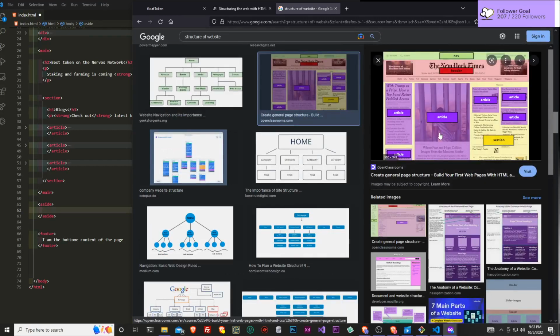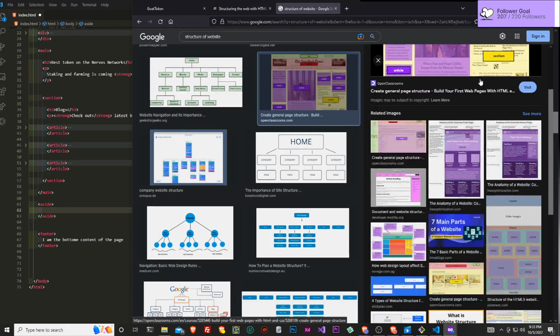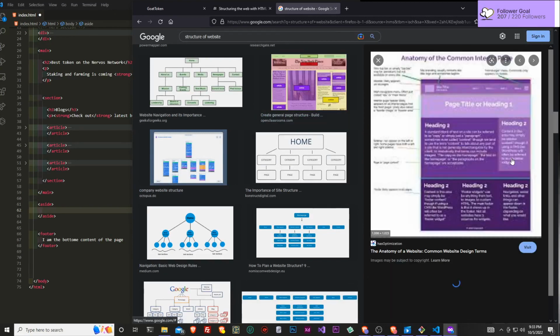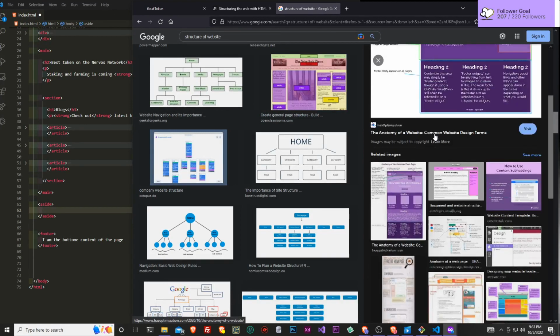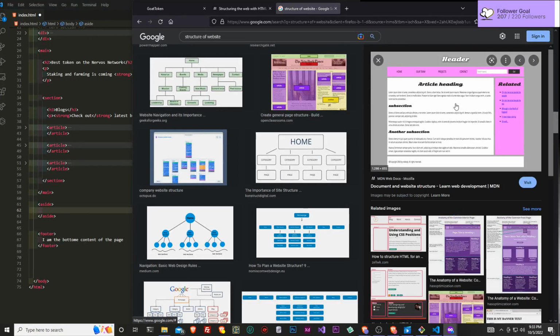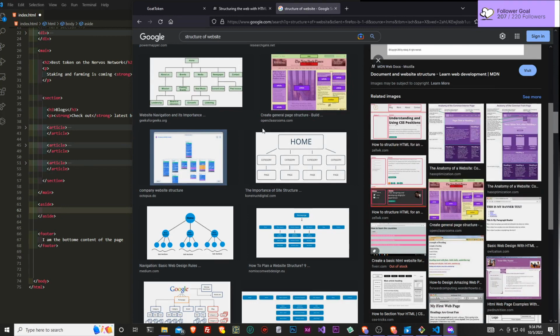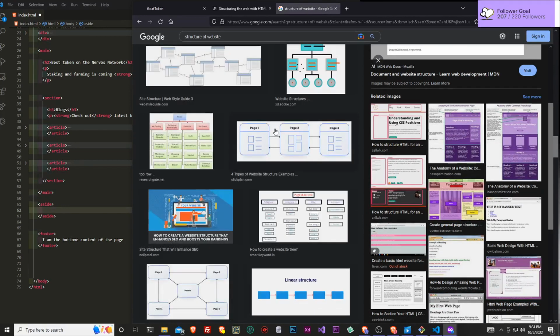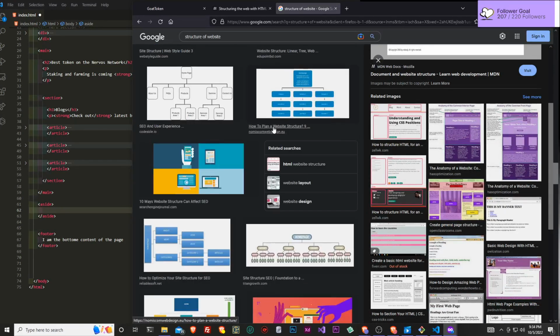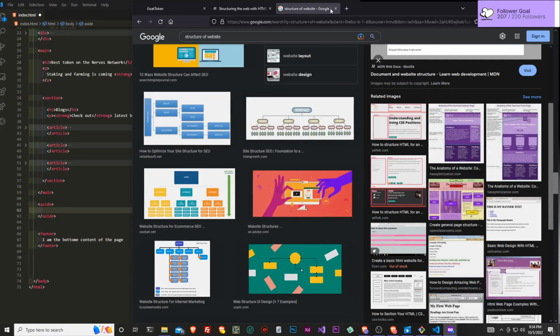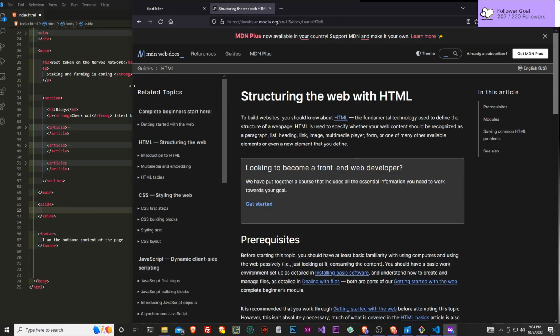I think it's right here. Header, nope. This one? Nope. This one right here. Header, this is going to be the aside. Dang, guys, I was not prepared. I know there was an image somewhere that really helped me understand what the aside HTML element meant.